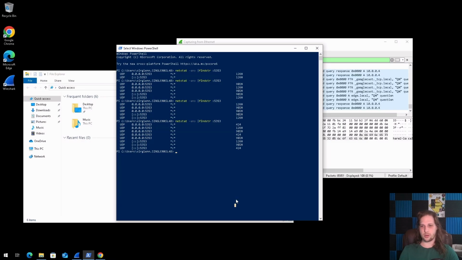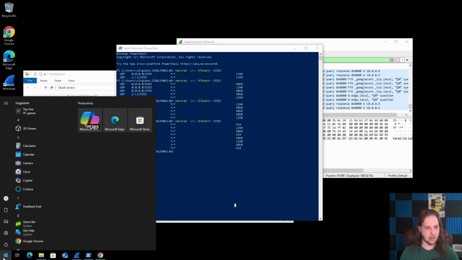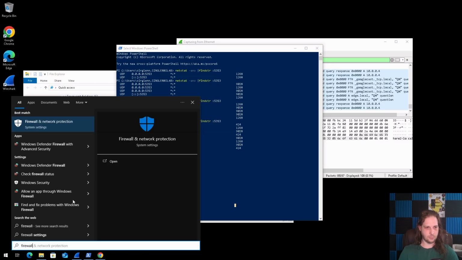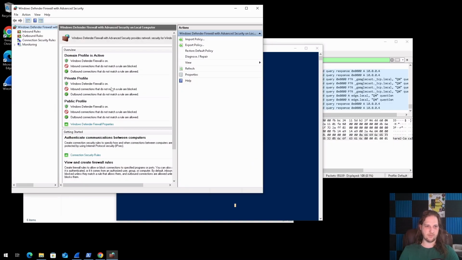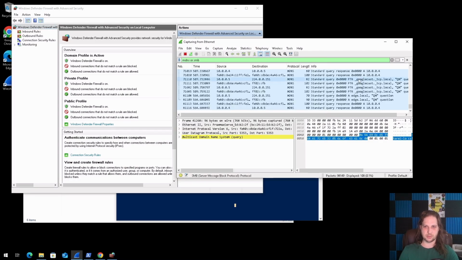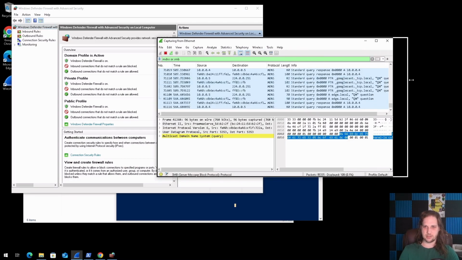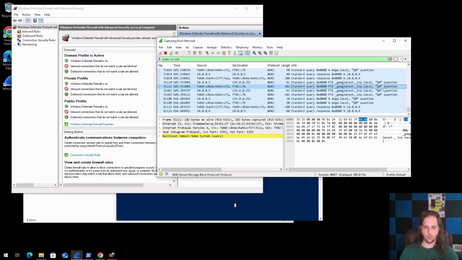No. There is something we can do, and that is the Windows firewall. So, let's go ahead and get that up and running. We will skip ahead because I'm going to have to run this as administrator. Okay, so here we are back, and now we have the Windows firewall up. Before we make this policy, I want to briefly touch on something else. You may have noticed that there is this PTR Google Cast request showing up in my mDNS traffic.